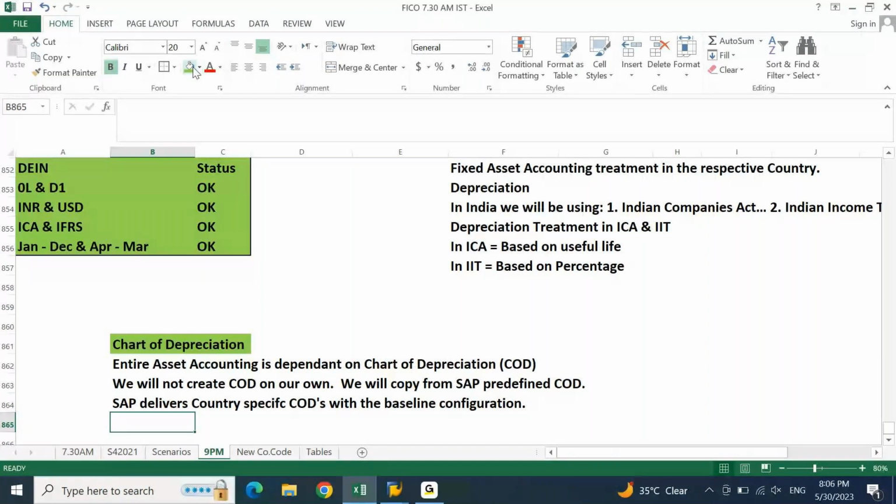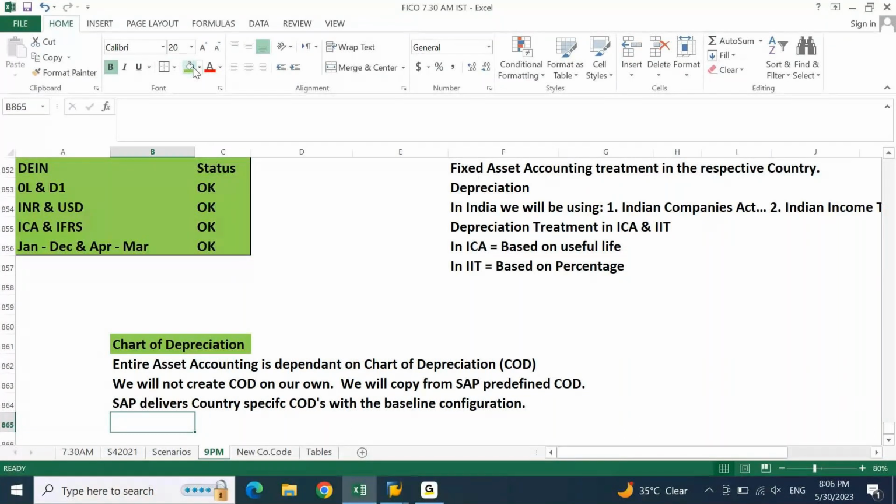because there is no rule that you have to be an Indian to work for an Indian project. You have to be a US citizen to work for a US project. You have to be an Australian to work for an Australian project. Is there any such rule? No, right? So you can work for any project, you can work for any country, which means you have to be flexible to adjust to get the requirement of any particular country and map that particular country's local or legal requirement in asset accounting, for which you may not be aware of how fixed assets are treated in a particular country.